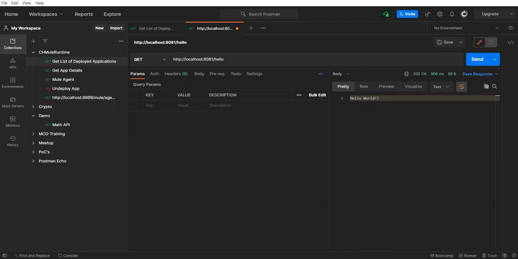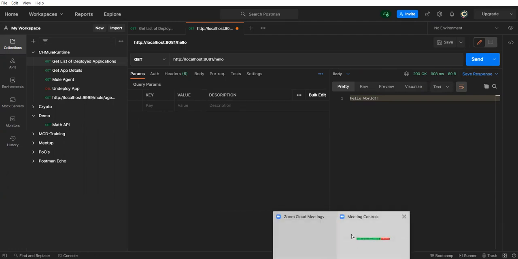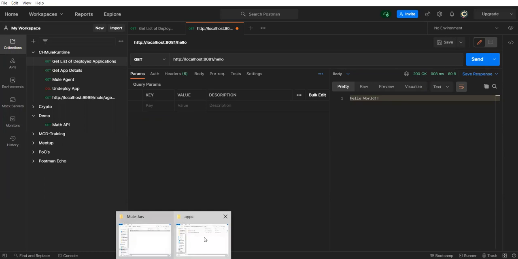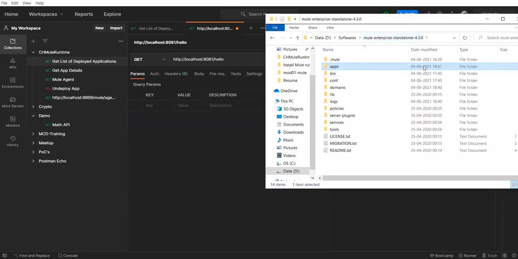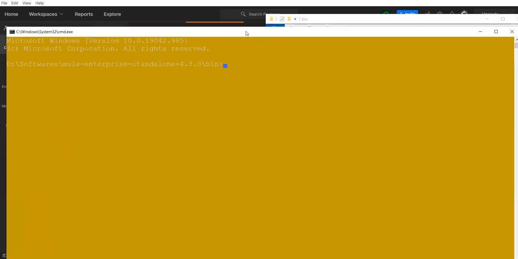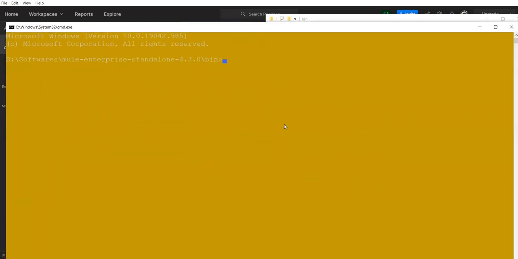Now how to undeploy or stop that Windows service? We'll go back to the bin folder, and from the bin folder I'll start my command line again. From here we can check the status, whether it's running or not running.